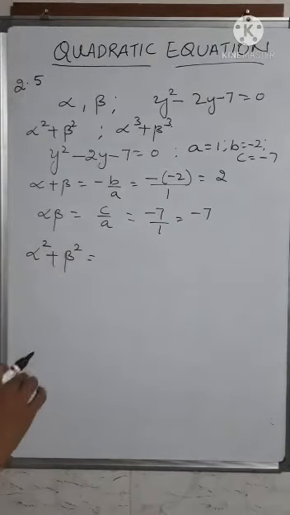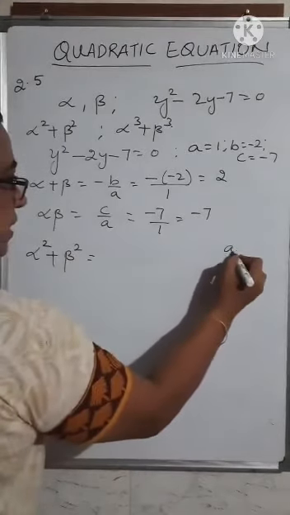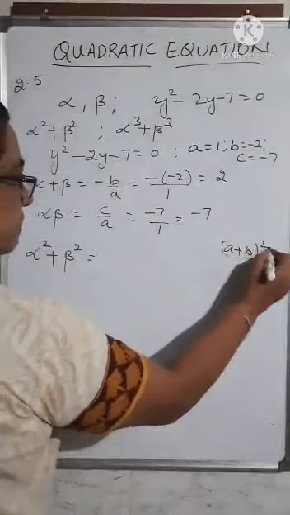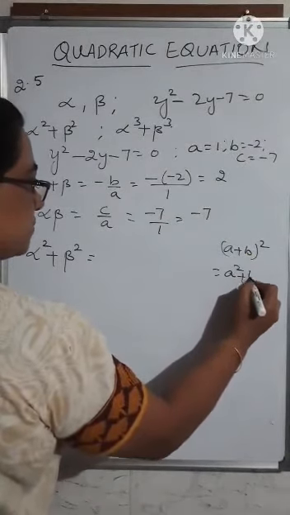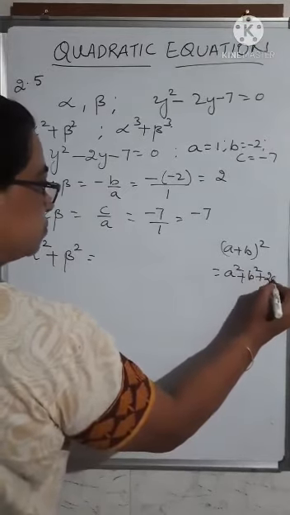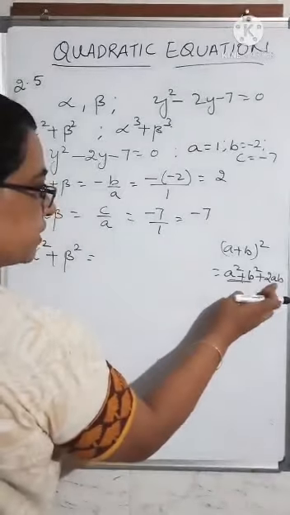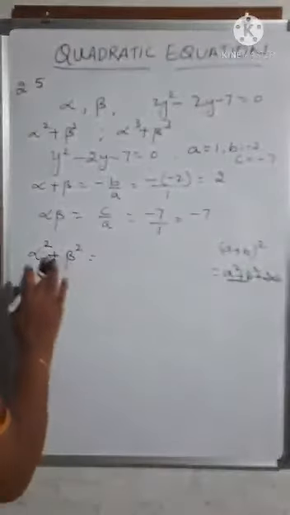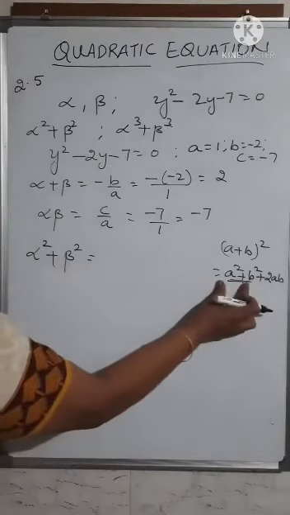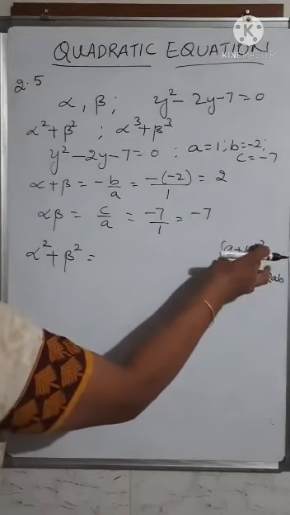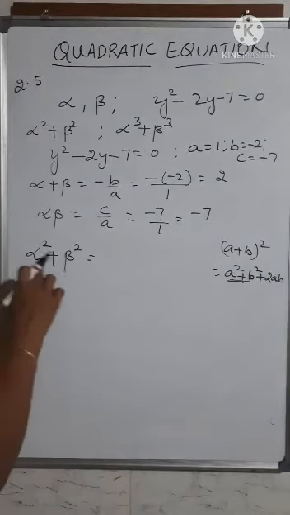The formula that you are going to use here is, you know that in the A plus B whole square formula, you have got A square plus B square plus 2AB. So if you want to find out A square plus B square, I have to take 2AB to the other side. Same thing I am using here also. If I want to find out alpha square plus beta square, you have to use this formula. In place of A and B, replace it by alpha and beta.